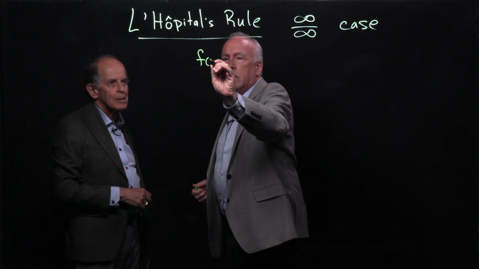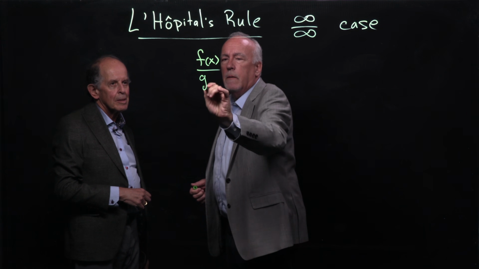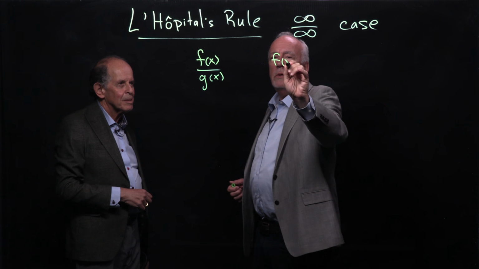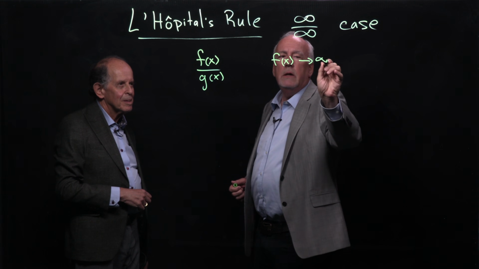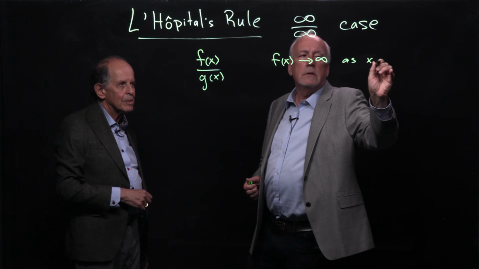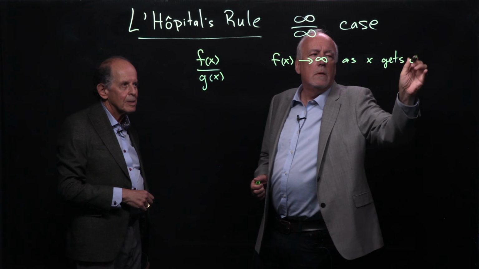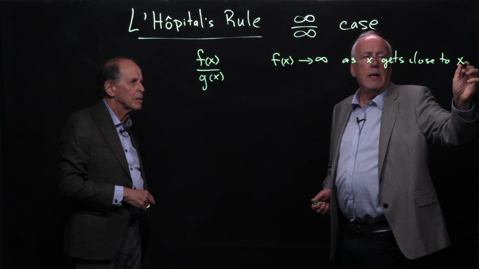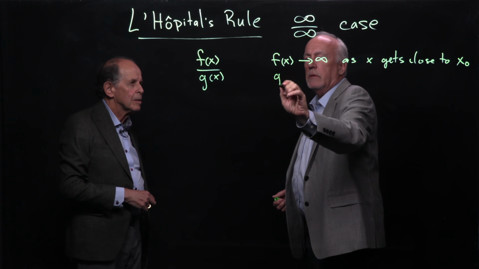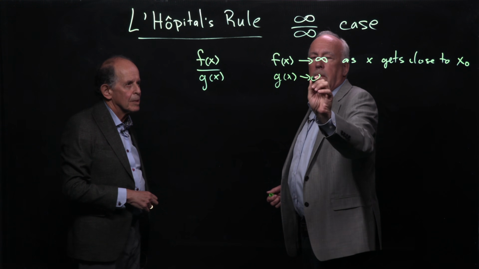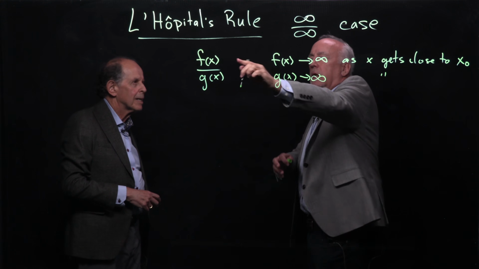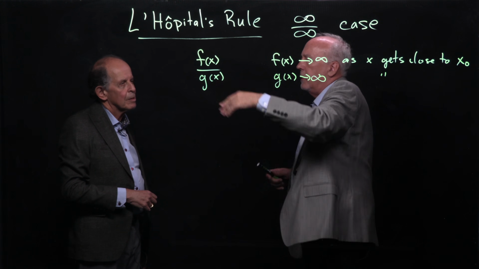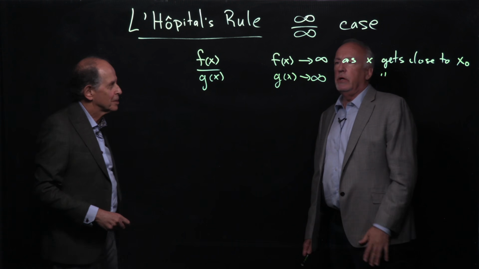We have two functions, f and g. But now instead of these guys going to zero, we're saying they grow, and they grow to infinity. So this goes to infinity as x gets close to, well, I could say zero, maybe I'll say just some x0. It could be something like 10 or 3 or whatever. And the same thing for g. G of x goes to infinity as x gets close to x0. So instead of getting 0 over 0, we get infinity over infinity. And we want to say, what happens to that ratio? For some particular x naught, that's right.